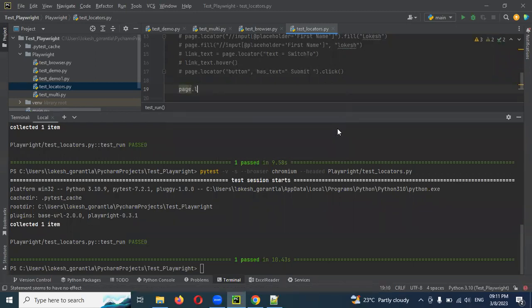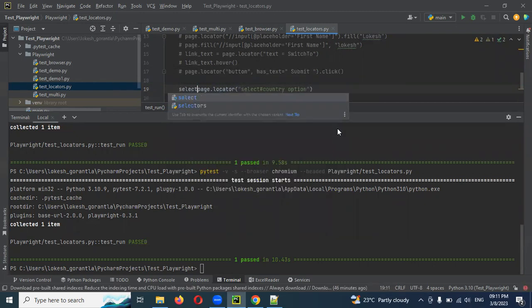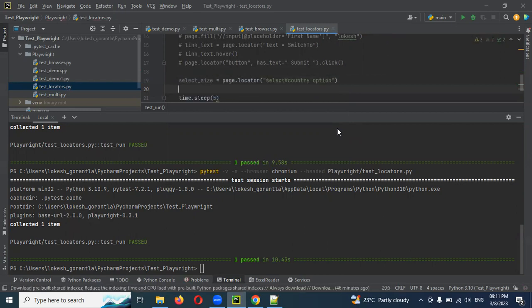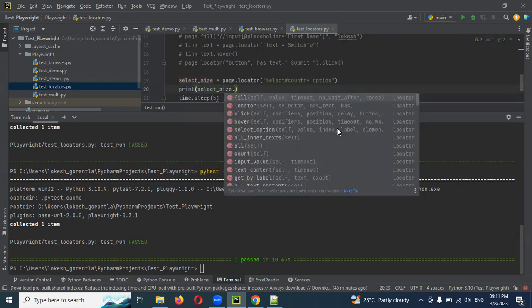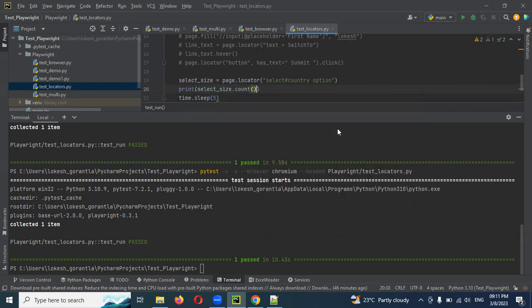I'm going to use page dot locator, and in the locator I'm going to mention this selector. We need to get the size, right? I'm going to use select_size equal to that, and I'm going to print my size, select_size dot count. This count will give you how many values are present. In a simple format, you can also provide a string for understanding purposes,